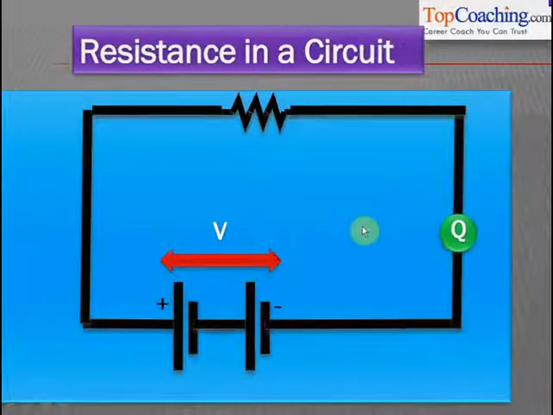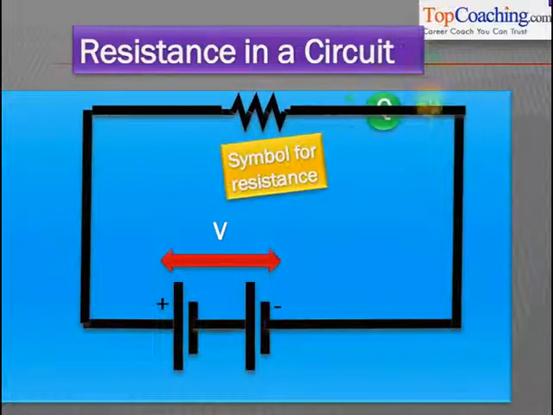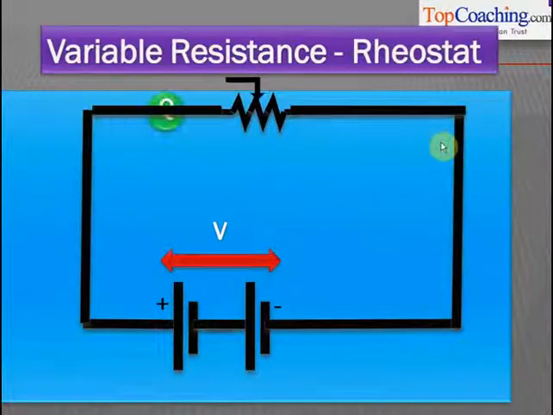This is the symbol for resistance used in a circuit. As you can see, there is a battery here and there is a resistance here. We had already learnt about the resistance symbol in the previous chapter. Understood? So no matter what your circuit, there will always be some resistance. In fact, we try to vary the resistance to vary the current in a circuit. Generally what we do is we keep the potential difference in a circuit constant, but we keep varying the resistance in the circuit. That varies the current in the circuit.